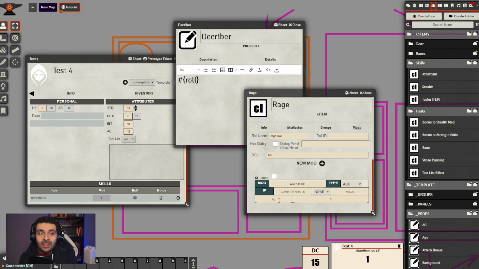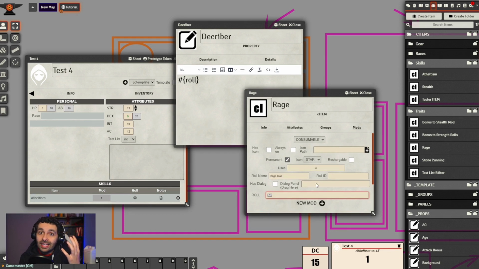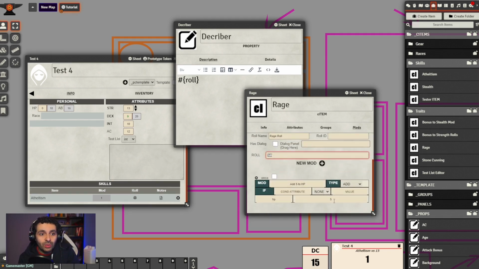But we have a mod that increases, remember this from the previous tutorial, the hit points by 5, but I don't want 5 all the time. I want the hit points to be increased based on this roll, on the CItem specific roll. That's why I'm going to use roll here.